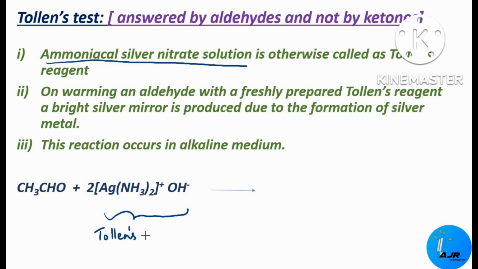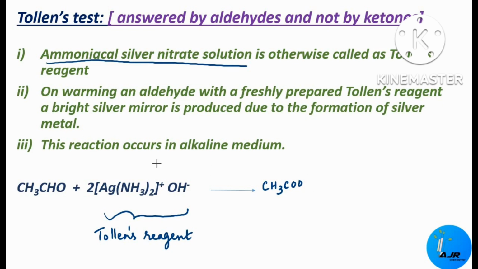Okay, Tollen's reagent. So we have taken an aldehyde, that is acetaldehyde, and acetaldehyde is treated with Tollen's reagent, and when it is warmed in the presence of an alkaline medium, we get this type of product, that is CH3. Again, these aldehydes are oxidized to the corresponding carboxylate ion. Okay, so CH3,